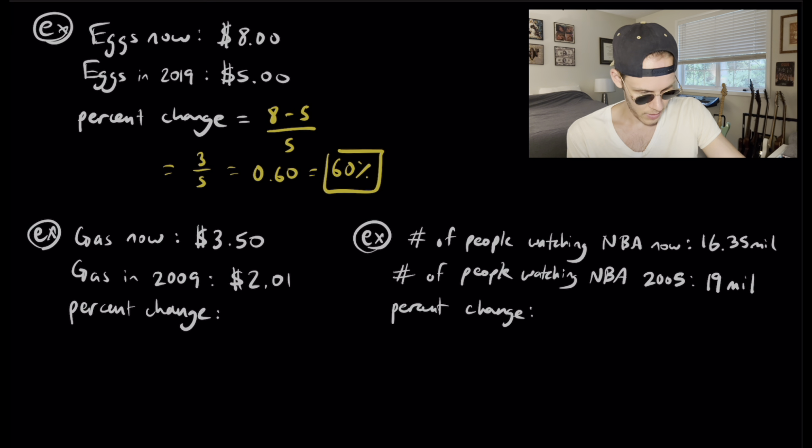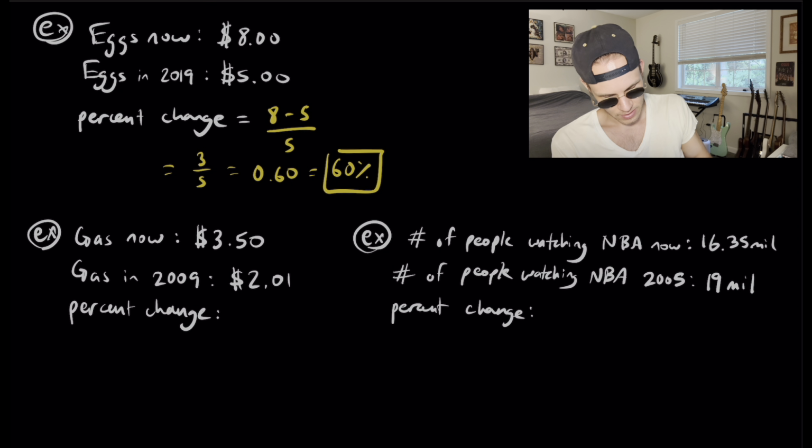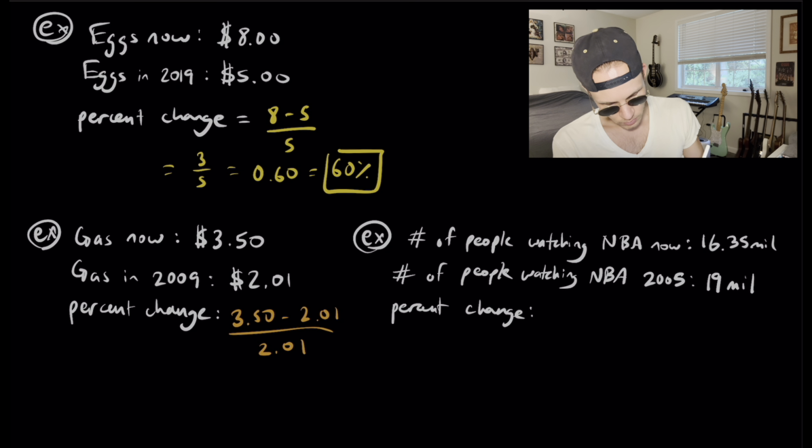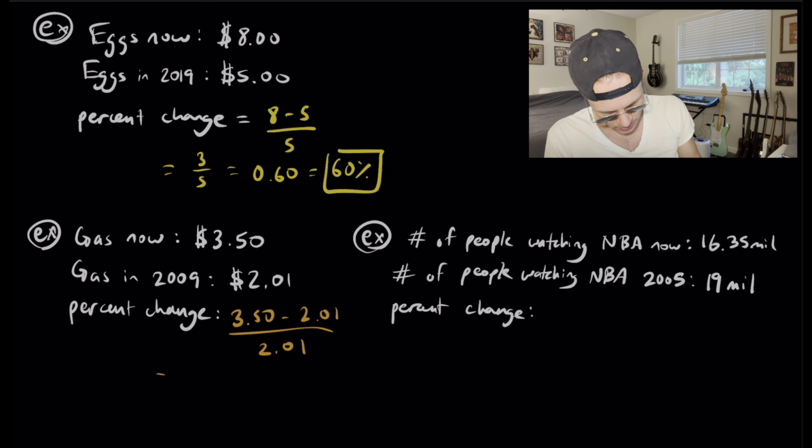All right, so let's look at gas. So gas now is $3.50. Gas in 2009 was $2.01. So what's the percent change? Again, you take your current price of $3.50, you subtract your old price, and then divide by the old price. So we'll break the calculator out for this. So 350 minus 201 divided by 201 is going to be